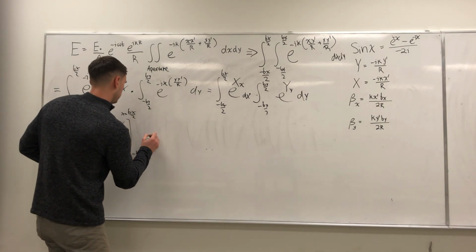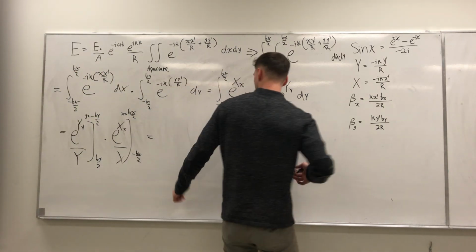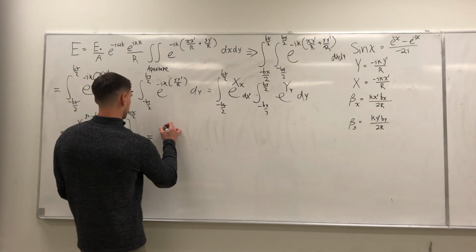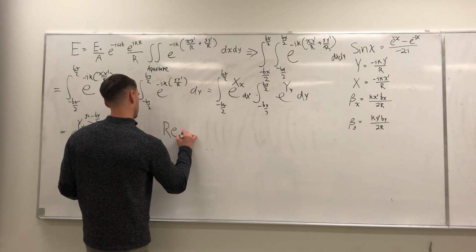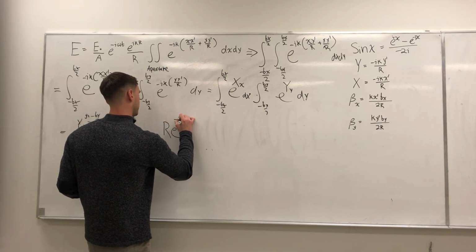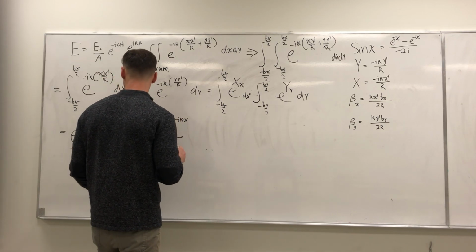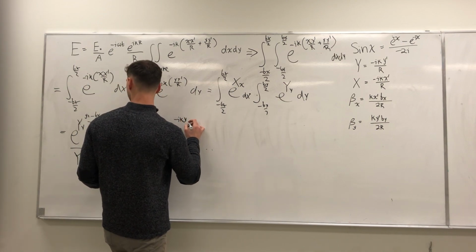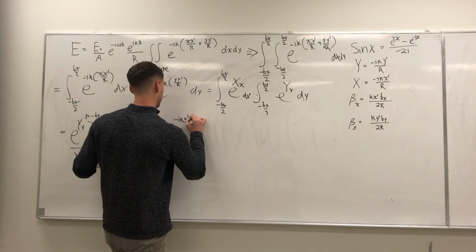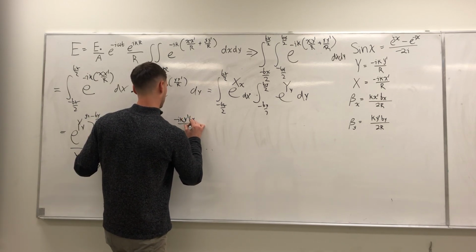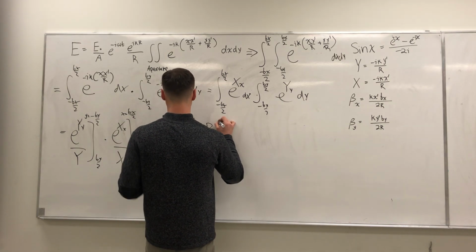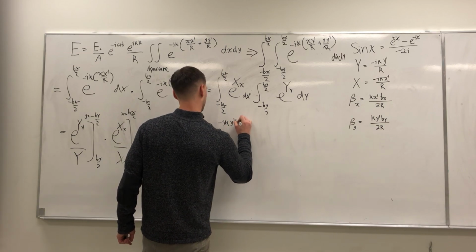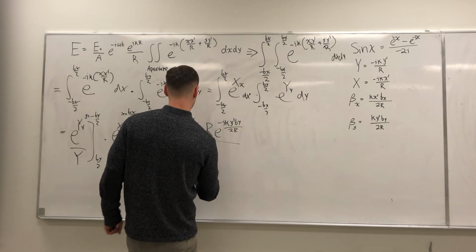Once you evaluate this, I'm going to skip a step. You evaluate this and plug it in already, okay? So I'm going to go ahead and do that. Here's what we're going to get: exponential minus ik, we'll start with the y's, this is for the sake of order, y prime by over 2r, minus exponential, this is positive, sorry, this is negative, ik y prime by over 2r, all over